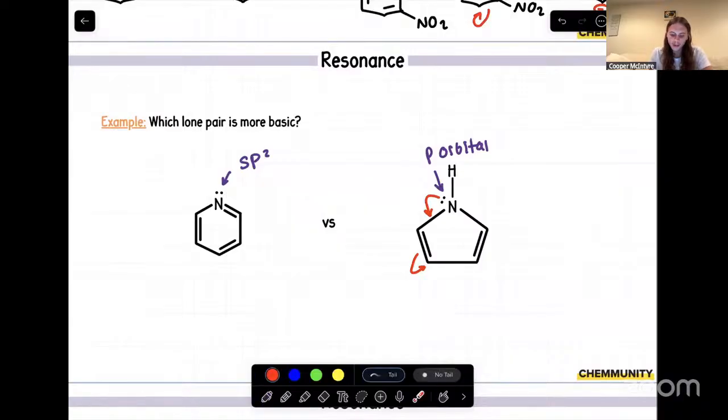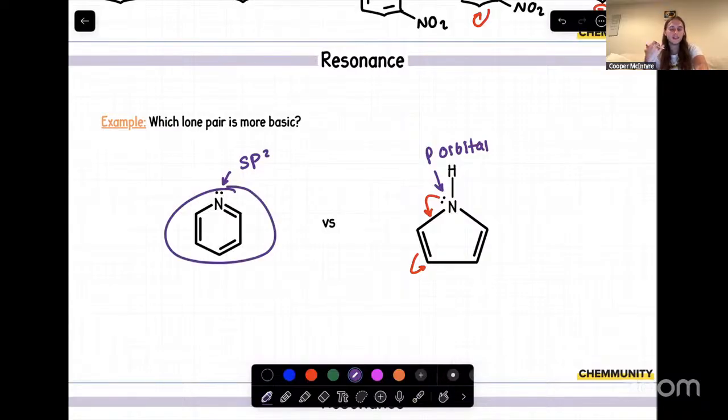And just to go over why it's in an sp2 orbital, yet again, if we were to look at the hybridization of that nitrogen on its own, it's currently sp2 because there are 3 electron groups. And since it's sp2, that means it's leaving behind a p orbital, but that p orbital is being used in this pi bond right there. And since that p orbital is being used, that means this lone pair has to be in an sp2 orbital. So yet again, in terms of being more basic, that means our lone pair has to be less stable, and this lone pair on our nitrogen is less stable, making that entire molecule more basic.